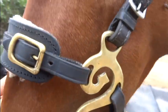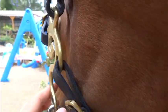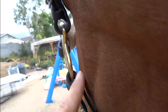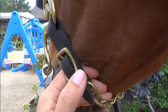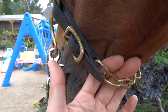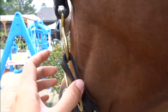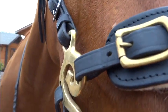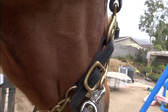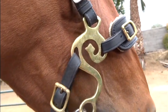Now this thing, because of this nice thick noseband that's nice and comfy, so there's a very definite zero. At rest, it's not laying on him, all this metal. I know all this metal looks scary, but it's nice and loose. And then he's got the padded nose, and this metal is sitting like this at rest. Same thing here. There's a lot of space here, and then when you pull on here, all it's doing is just giving you a little bit of leverage,